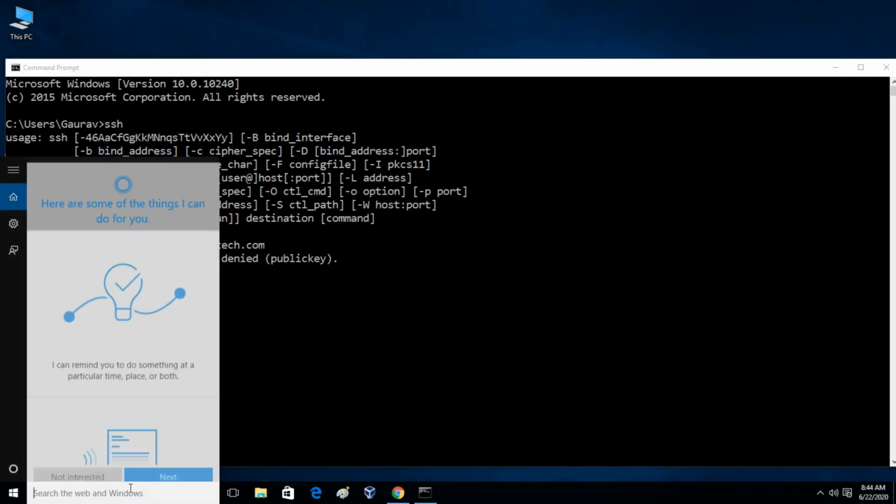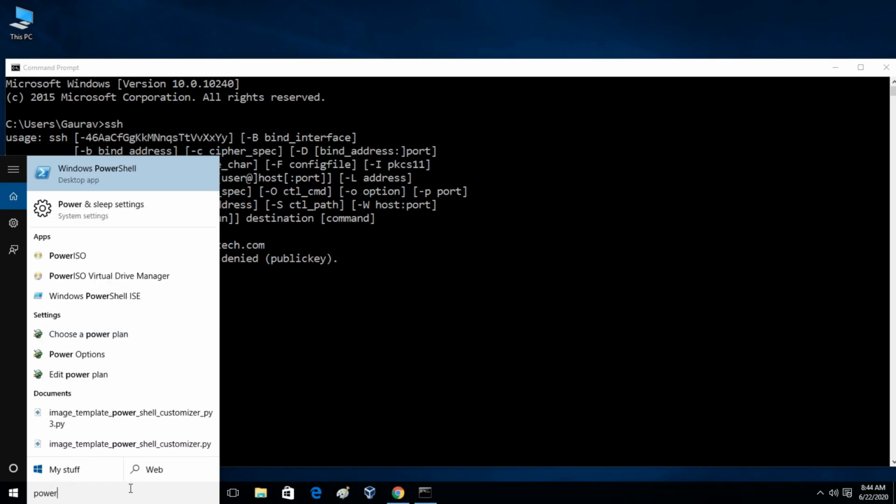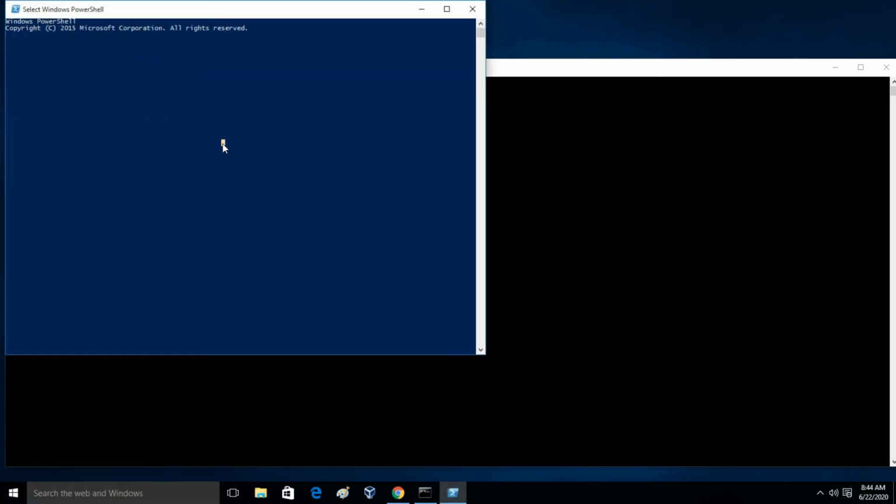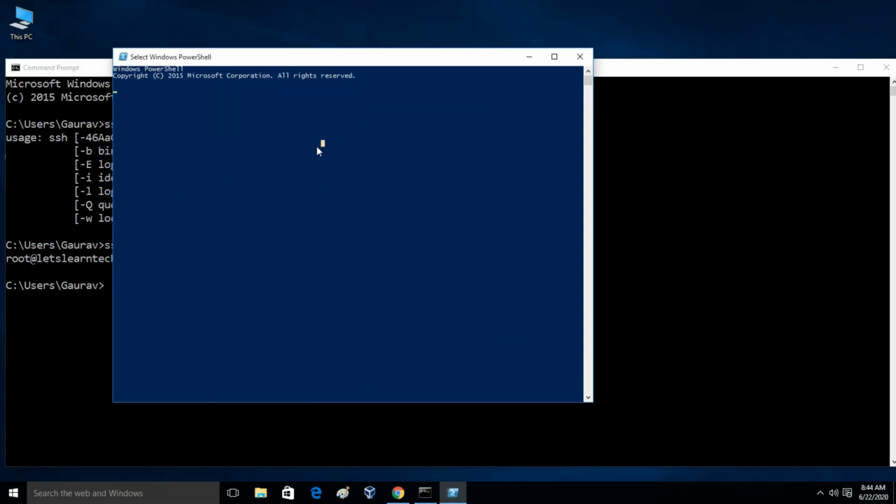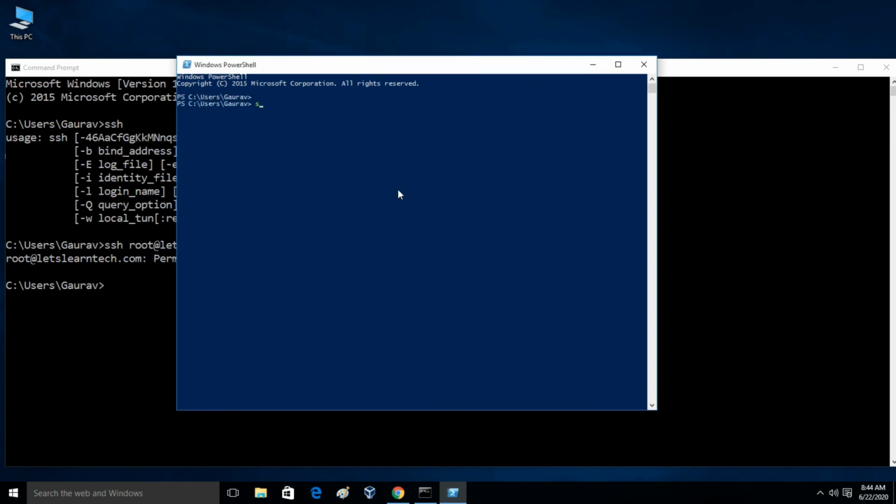Similarly, in PowerShell, if I use SSH now, I am able to use SSH in PowerShell as well. So we have successfully configured SSH in our command prompt as well as in PowerShell.